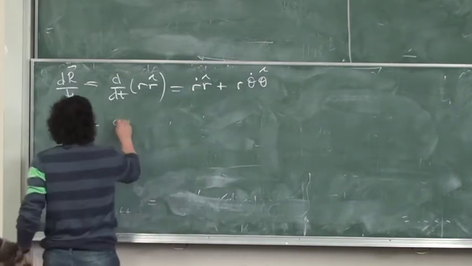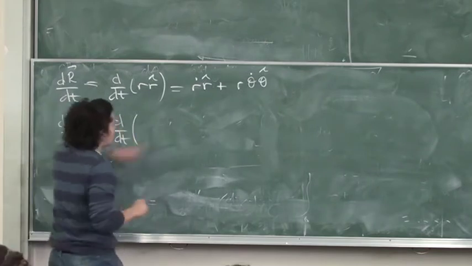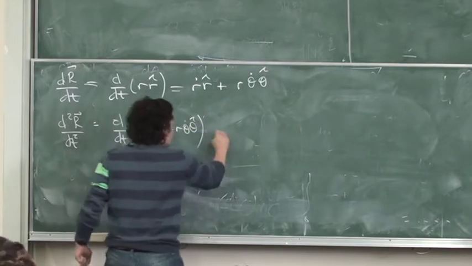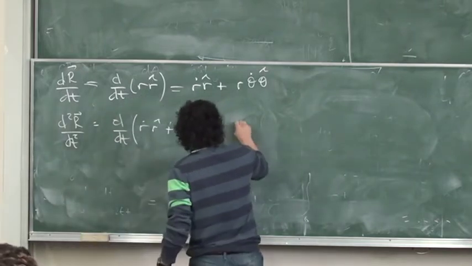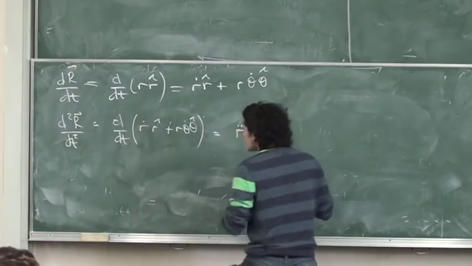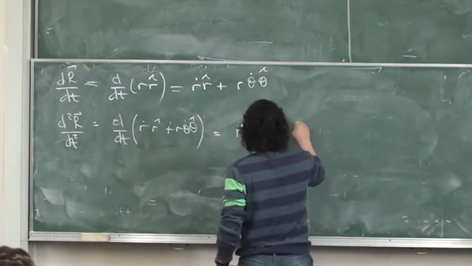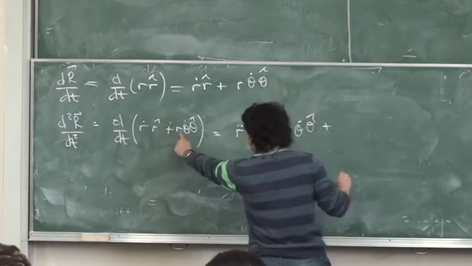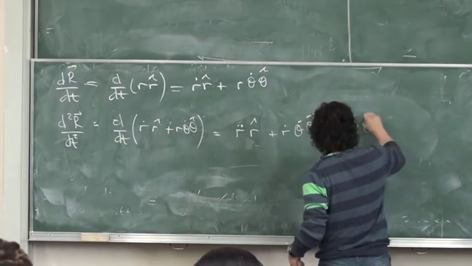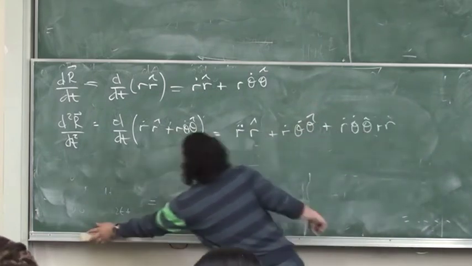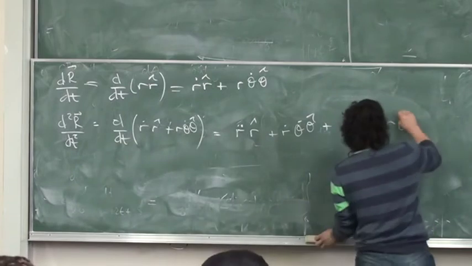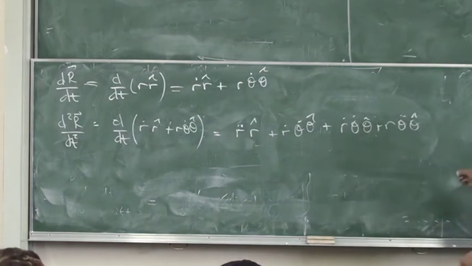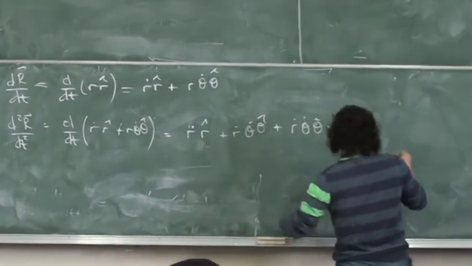Right, so, that's d by dt of this guy: R dot R hat plus R theta dot theta hat, which is R double dot R hat plus R dot times that guy, theta dot theta hat, plus R dot theta dot theta hat plus R, product rule here, theta double dot theta hat. This is the kind of thing you'll have to do in the exam. Plus R theta dot